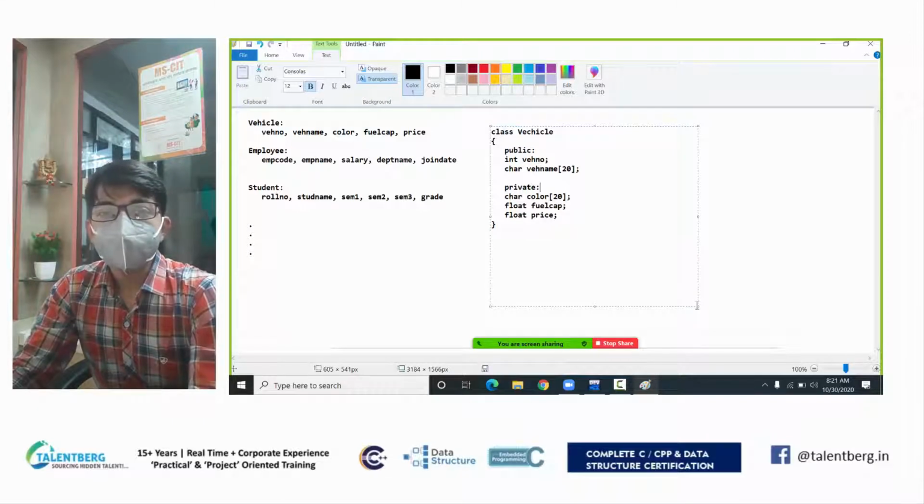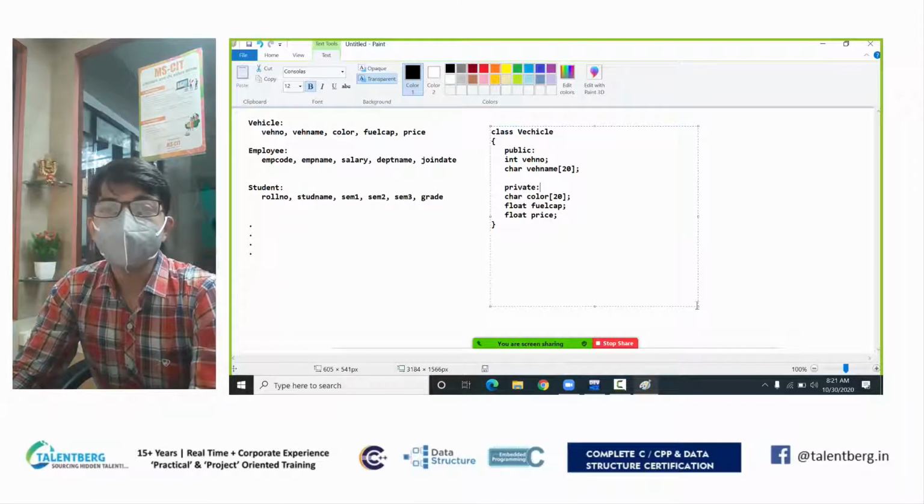The password variable, I do not want to allow the user to perform read and write operations. I just want to use that attribute for my own calculation and conditional checking purposes. Such variables you declare as private.